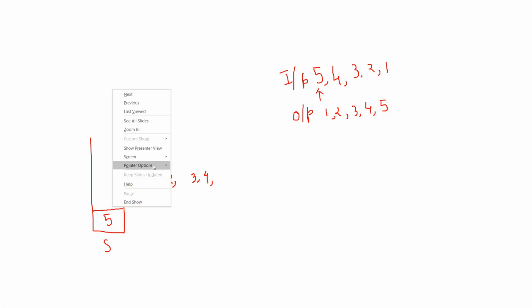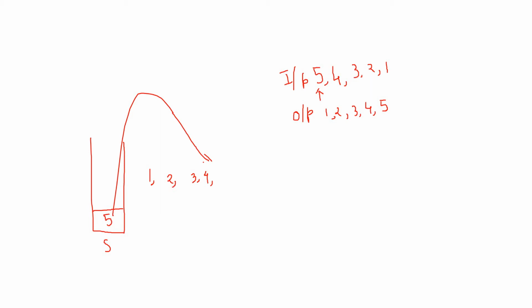The last element, which is 5, will come out of the stack and our stack will be completely empty. If we put all the popped elements in a list, our list will have the elements 1, 2, 3, 4, 5. Now check: the elements are 1, 2, 3, 4, 5, and our input is 5, 4, 3, 2, 1. See what we have done: we traversed our input list, each time extracted one element and pushed it onto the stack, and after that we used the pop operation, and using this we have reversed the order of the elements.